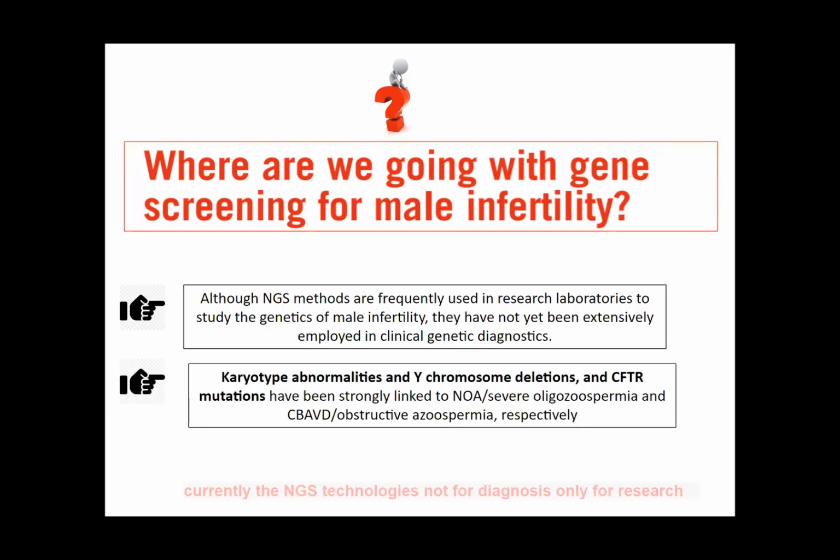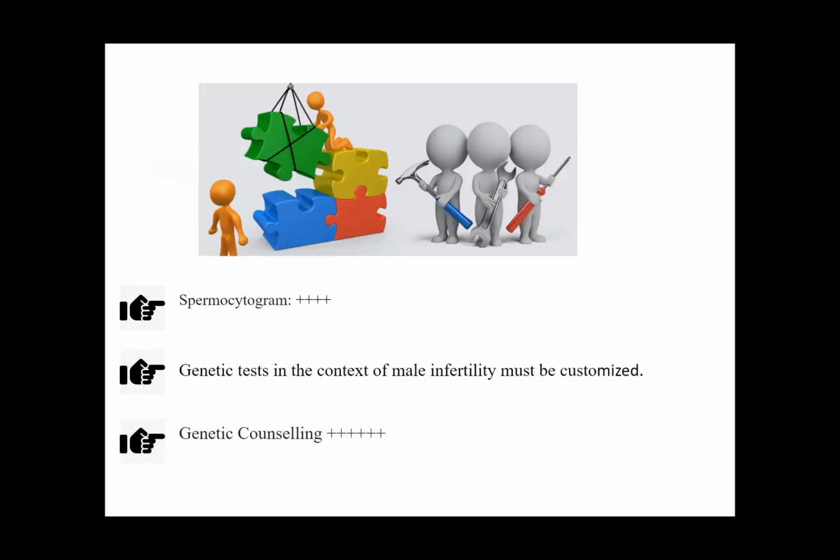While karyotype abnormality, Y chromosome deletion and CFTR mutation have been strongly linked to non-obstructive azoospermia, severe oligospermia, and obstructive azoospermia respectively, currently NGS technology is not for diagnosis, but only for research to date. Finally, spermatocytogram plays